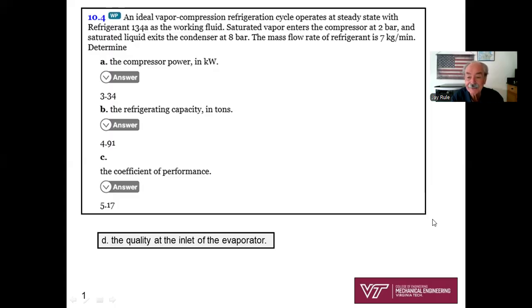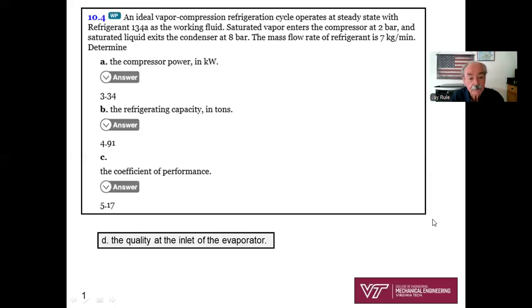Saturated vapor enters the compressor at 2 bar, 200 kPa, and saturated liquid leaves the condenser at 8 bar, 800 kPa. The mass flow rate of refrigerant is 7 kilograms per minute. Okay, great. Determine the